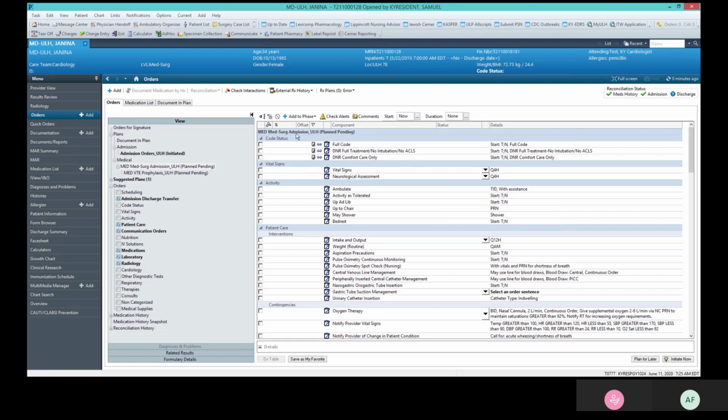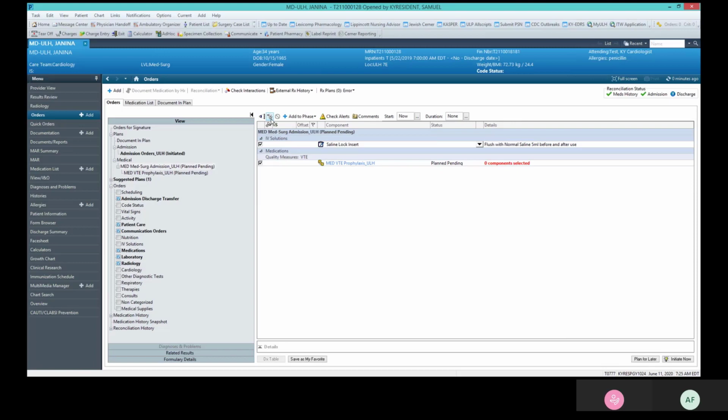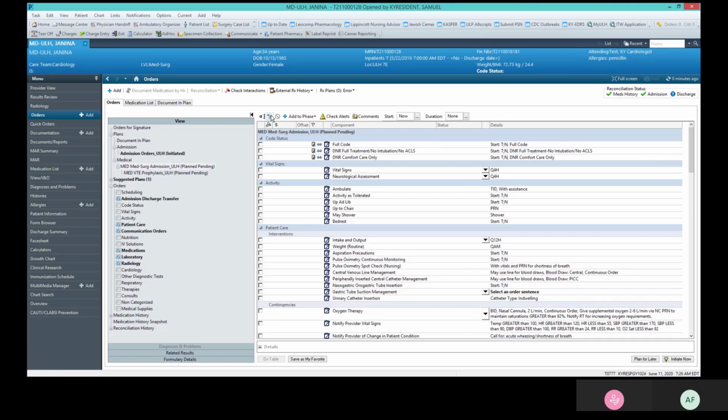If you want to see what items have been pre-checked, you can use this filter icon, and it'll show you that only these 2 items are pre-checked. And it's a toggle button, so if I click on it again, it gives me all of the options that I might want. We also have this